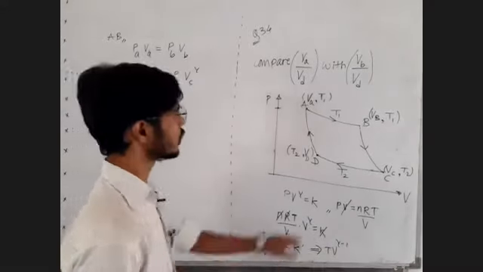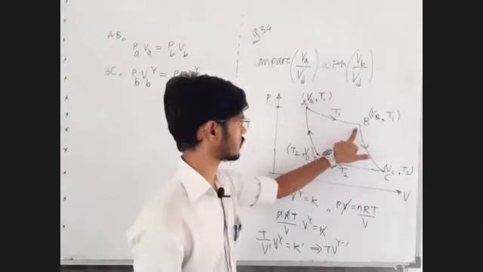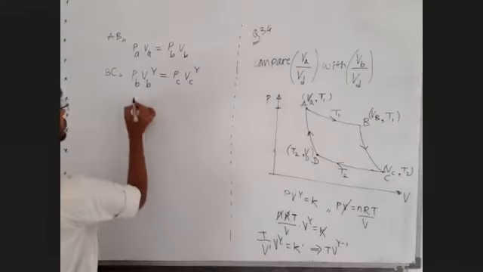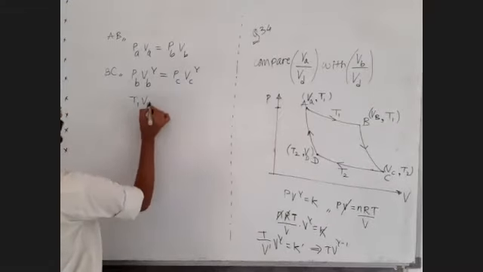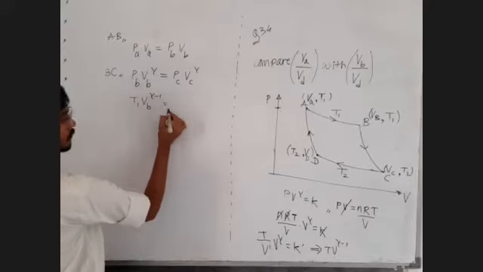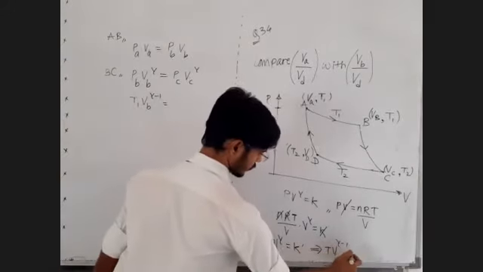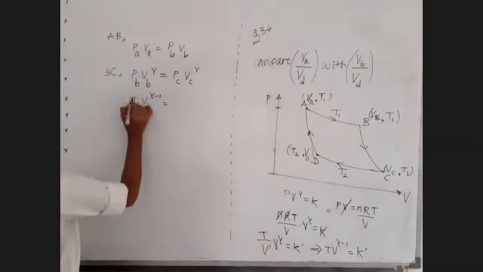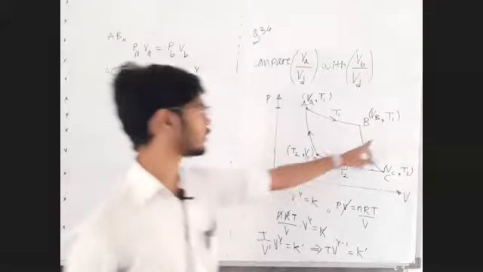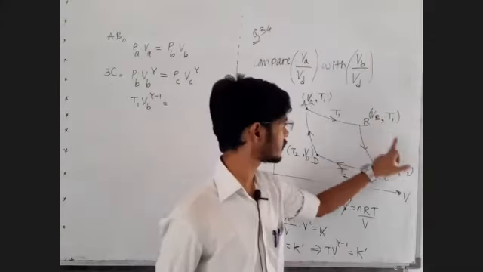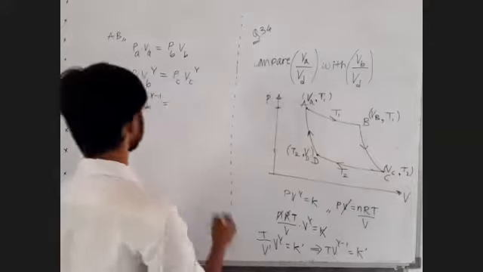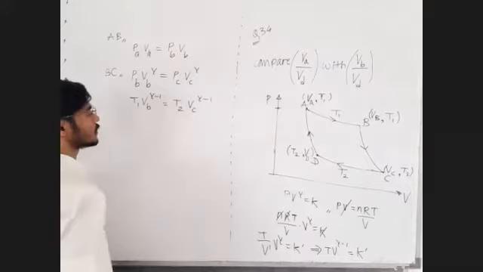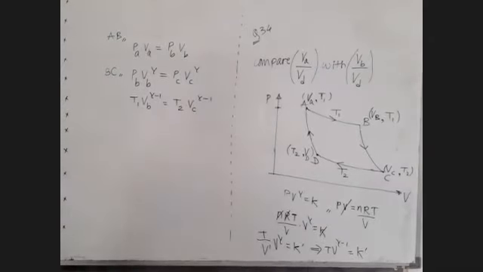Okay, sir, fine. So that equation also we can write for this. Let us write T1 VB raised to gamma minus 1; TV raised to gamma minus 1 is equal to constant. Try to understand. This type of question you have not solved before, so just observe. T1 VB raised to gamma minus 1 is equal to T2 VC raised to gamma minus 1. Okay, sir, fine. All right.